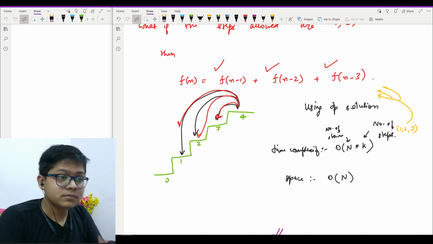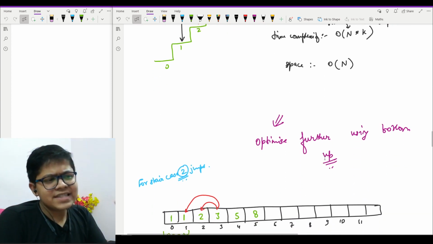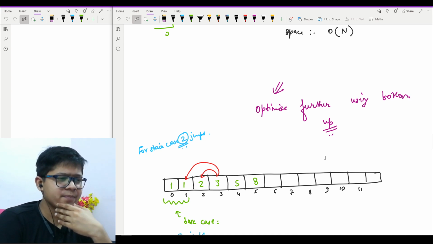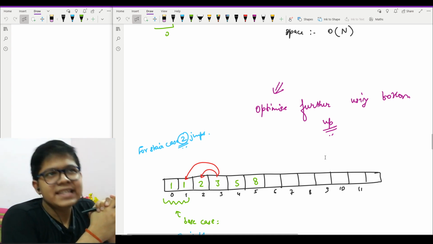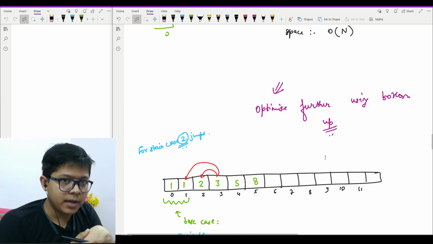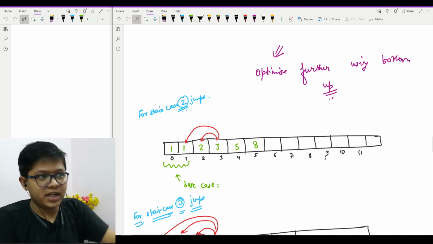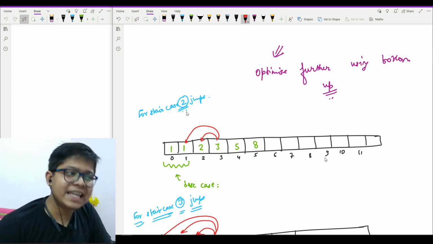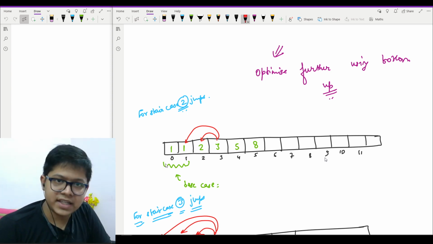So now you will ask, how do we optimize this further using the bottom-up approach? Let me show you in a visual way. For the case of 2 jumps, the base case was that initially you had 0 for 1, then for 1 you had 1.